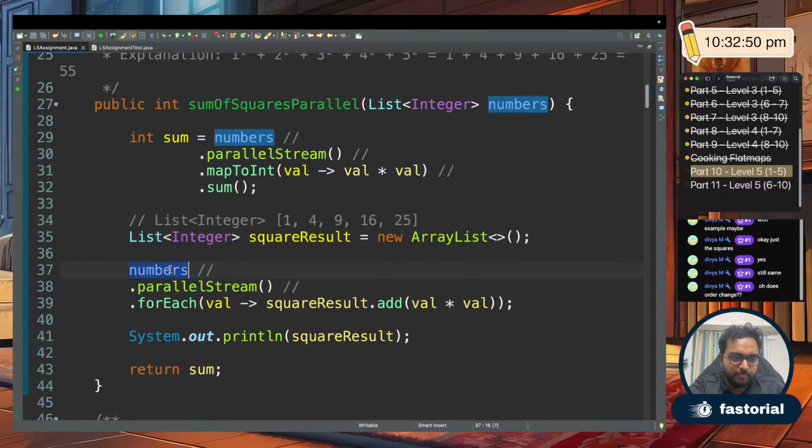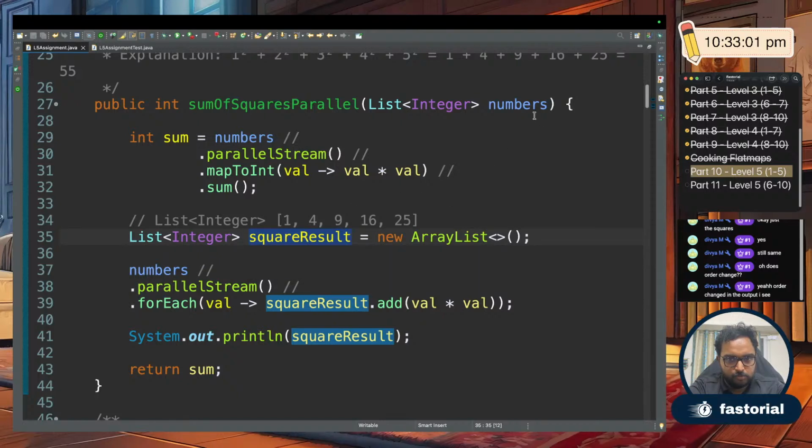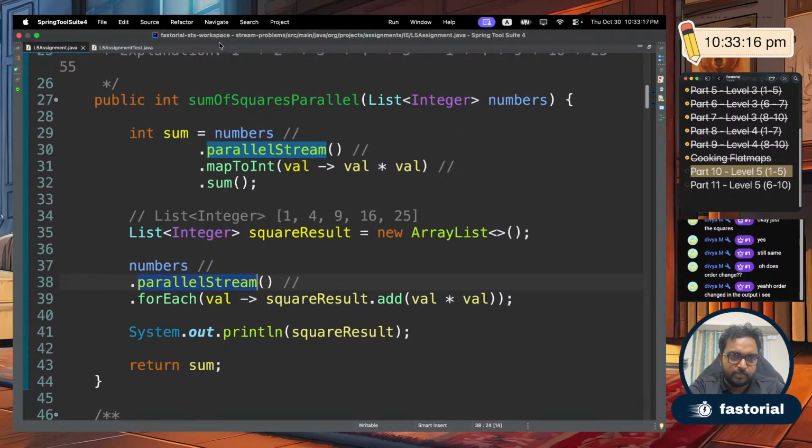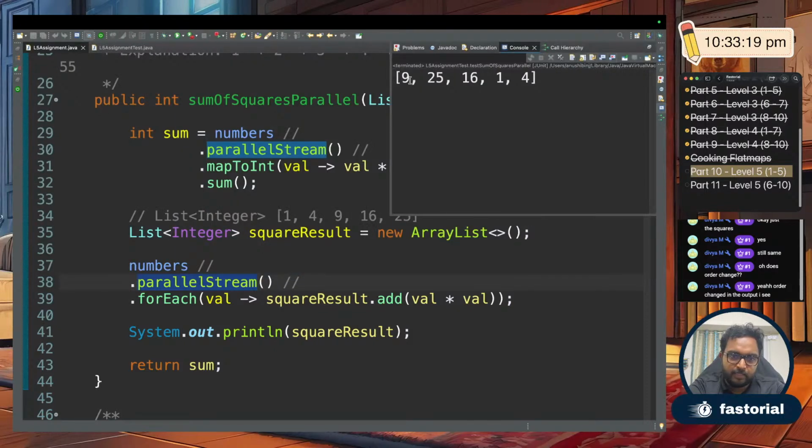Yes, the order changed in the output, but that doesn't matter. Why the order is changing is because whenever any of the threads in this parallel stream gets an output, it adds it. Let me run this once. If you see here, 9 came first, which means that 3 square got computed first. So 5 threads got spawned, and 3 square computed the output first, and it added the answer to our result